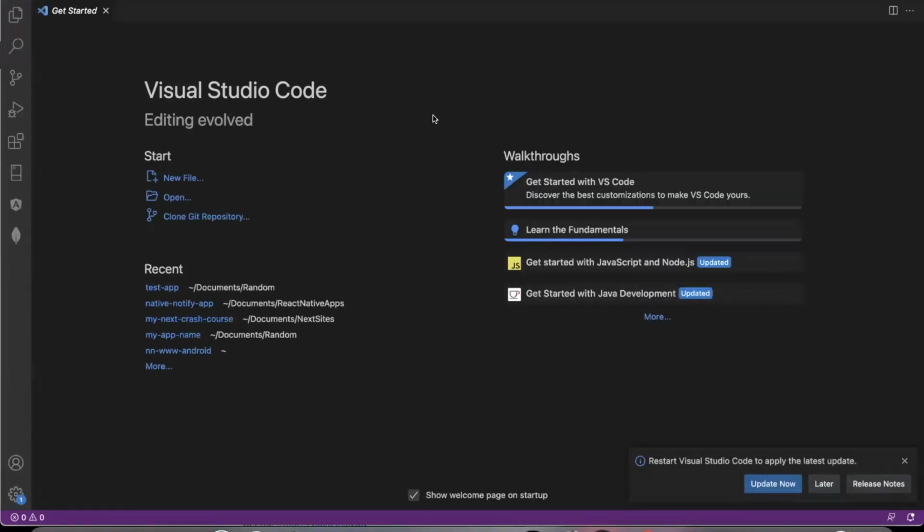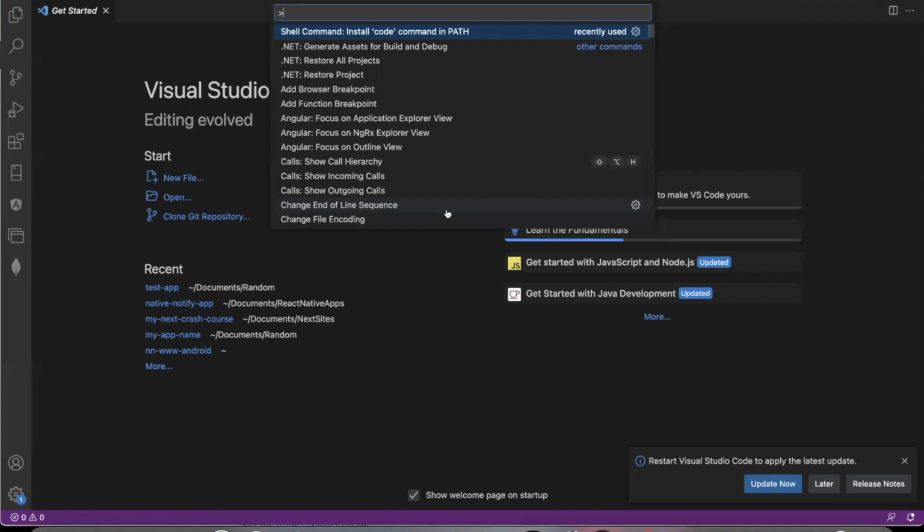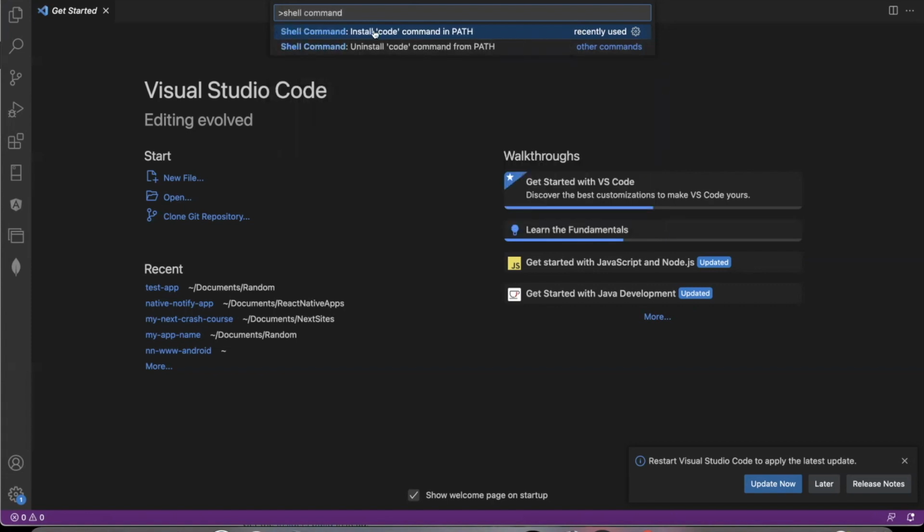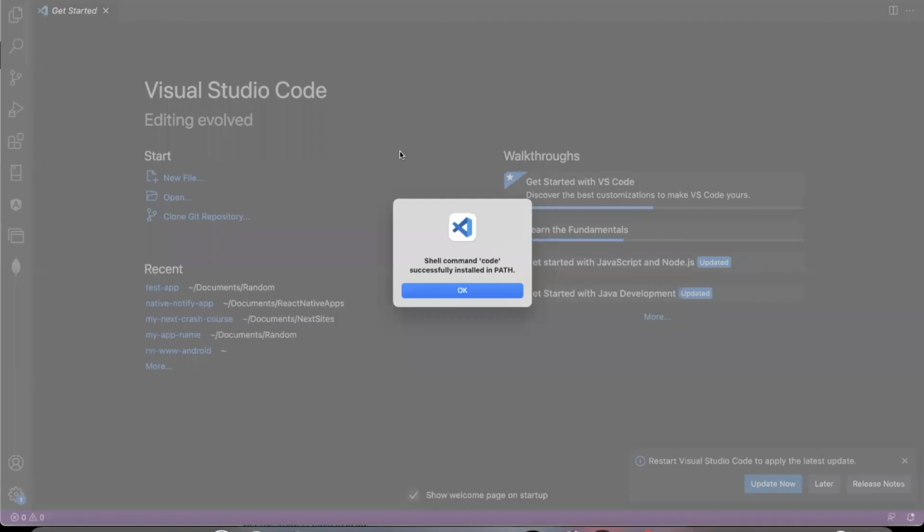It should look something like this. If you're on a Mac, for this next part, you'll want to say Command Shift the letter P. If you're on a Windows computer, you'll want to say Control Shift P. It should open up something like this. When you see this, type shell command, and what you're looking for is this shell command install code command in path. Click that button. I've already clicked it, but you'll want to click that to install the code command, and